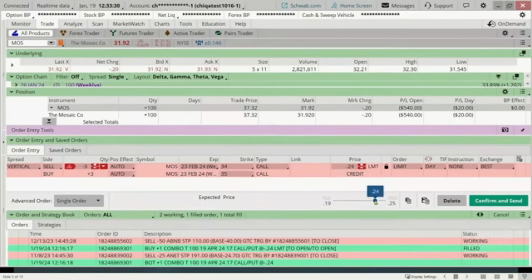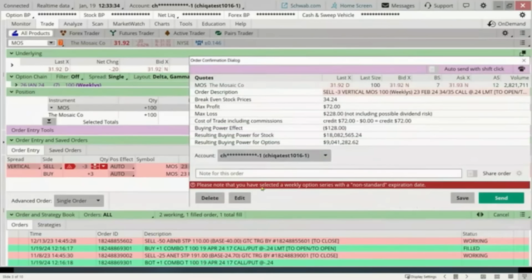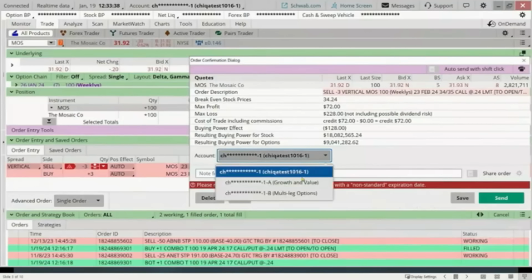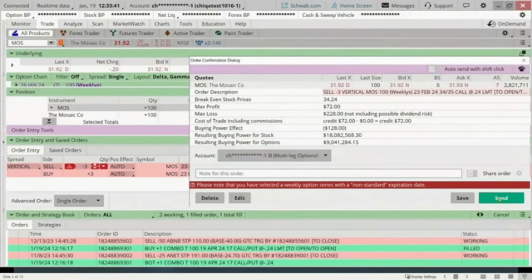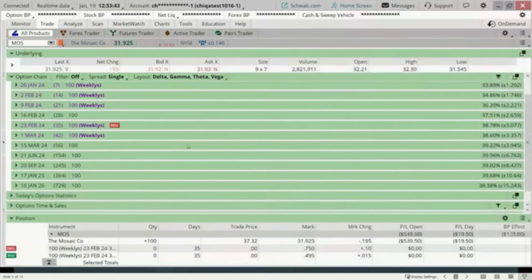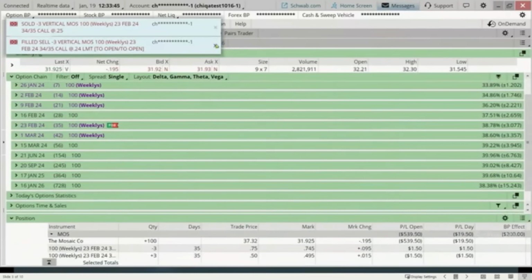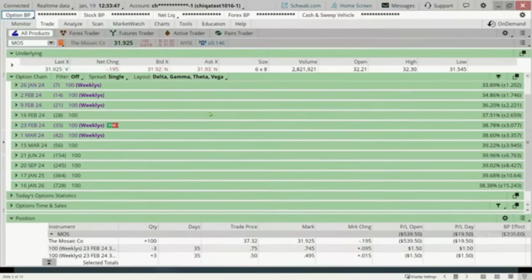I'm actually going to move this just off just to see if we can make sure we get a fill on this. I'm going to confirm and send this. Make sure you read the little red note there on that. And we're going to send that order. And we've just thrown in another order there, and that indeed filled for us. We've now added 2 trades in our repertoire today here.